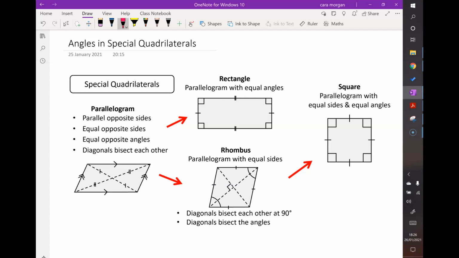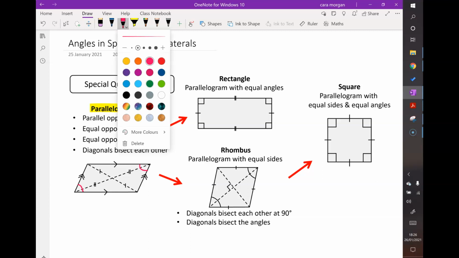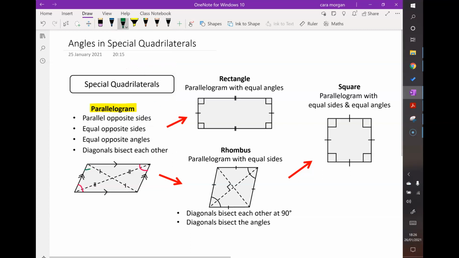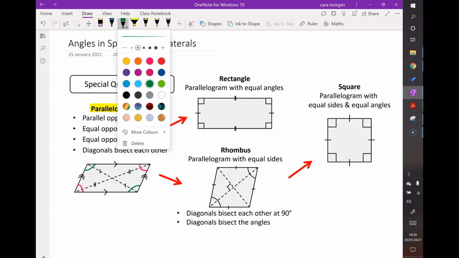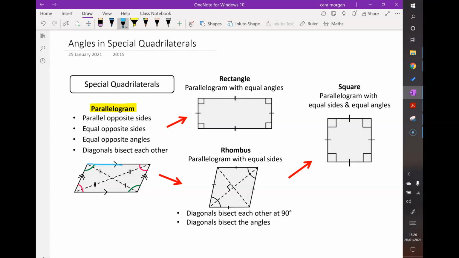Now remember, when we've got a parallelogram, I wonder if you can remember about the angles. I'm going to have opposite angles are equal. And if I know that opposite angles are equal, I also know another fact. Now, whenever I have a pair of parallel sides, I also know that the co-interior angles add up to 180 degrees. So that's quite an important property. So co-interior angles total